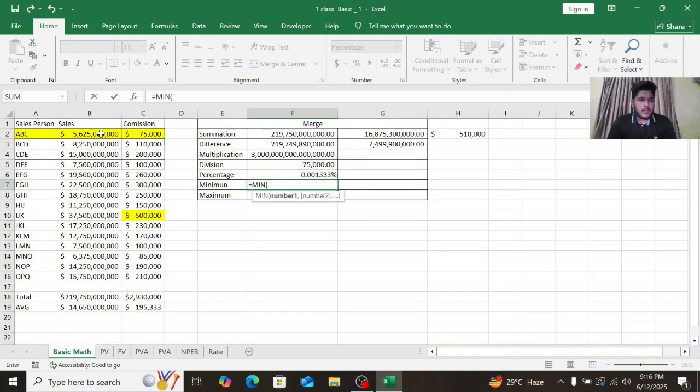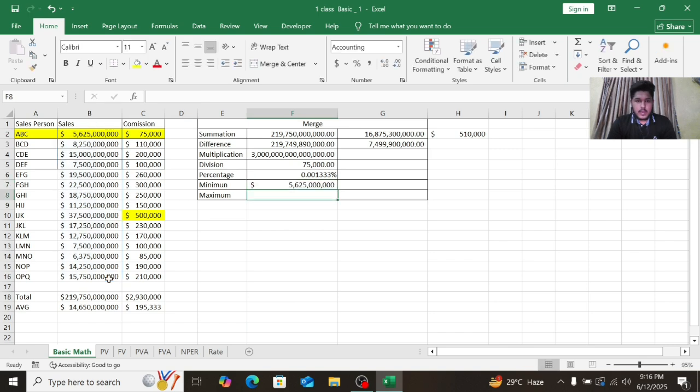Suppose this one we're going to calculate, enter. So from here the minimum amount of sale is 562 crore 50 lakhs. Okay, if we want to calculate the maximum, we'll just click on MAX,